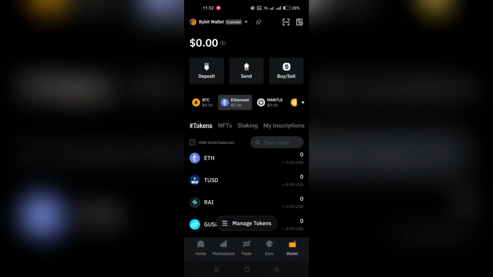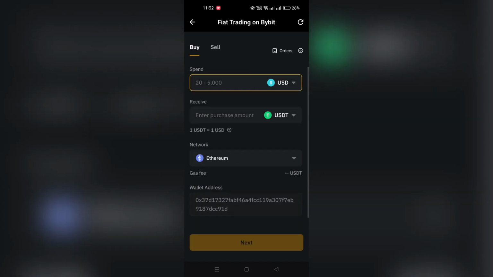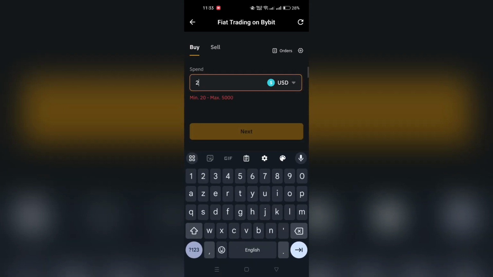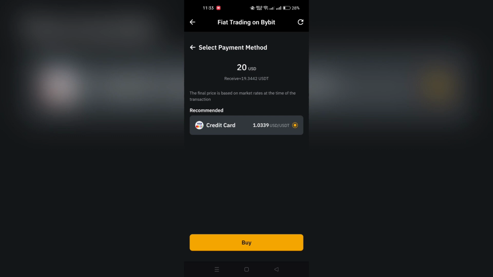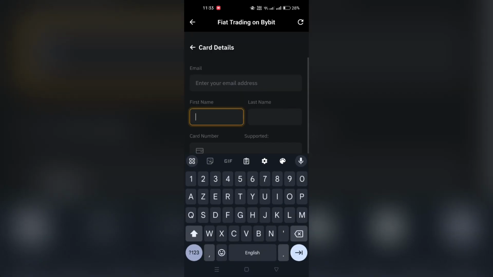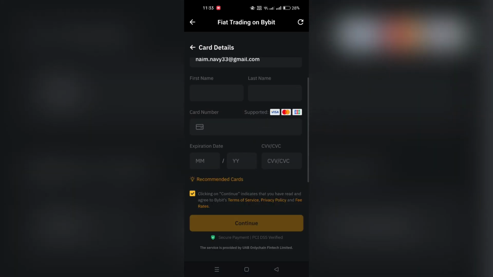Step 5. Complete the reCAPTCHA challenge to verify you're not a robot. Enter the verification code sent to you by email or mobile number as you choose. And then, once you've entered the verification code and completed any additional required steps, your Bybit account registration will be successfully created. And that's it,